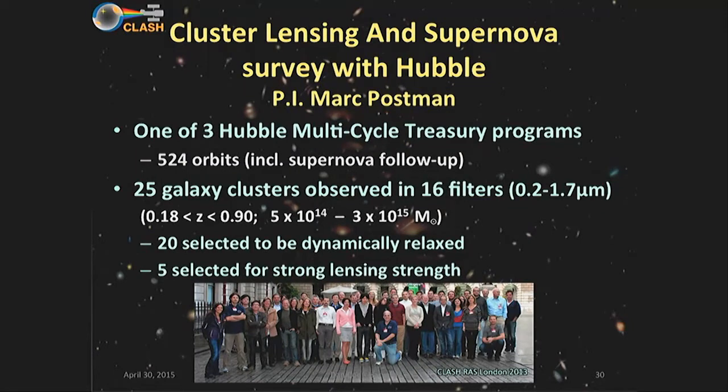So you heard Mark Postman talk about one such program to observe galaxy lensing clusters. He was one of Margaret's students back in the day, and my advisor at Space Telescope, where I did my second postdoc. He led the CLASH survey. This was one of the 3 multi-cycle treasury programs, along with CANDELS and FAT. 524 orbits on 25 galaxy clusters. Here's our team